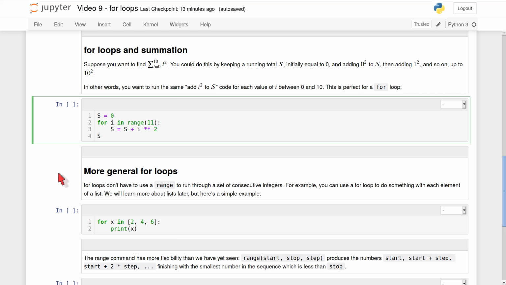So inside the body of the for loop, what we want to do is simply increase our running total s by i squared. And that will be done for i equals 0, i equals 1, up to i equals 10. At the end of that, s will have the value which is the sum from i equals 0 to 10 of i squared. And you can see on line 4, this time we have something after the body of the for loop. So once the for loop is finished, Python will run line 4, which just prints out the value